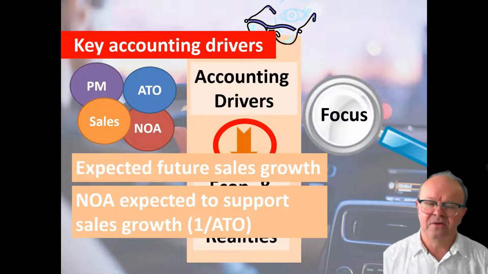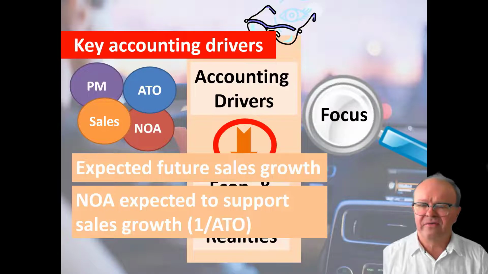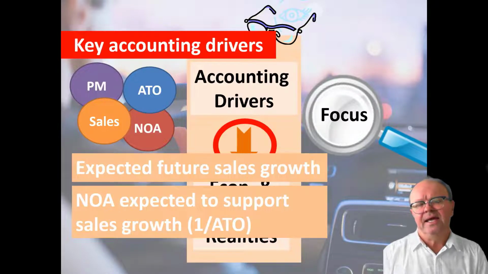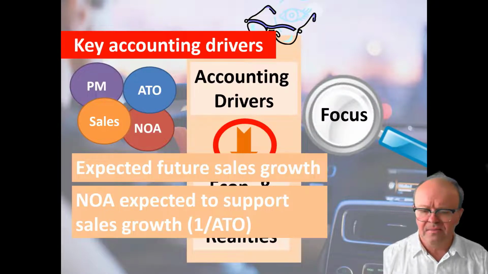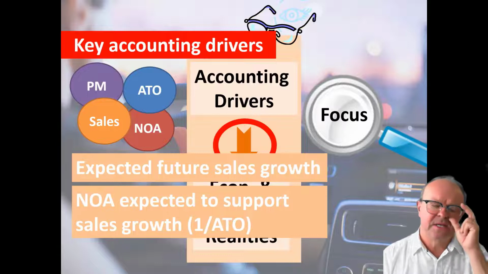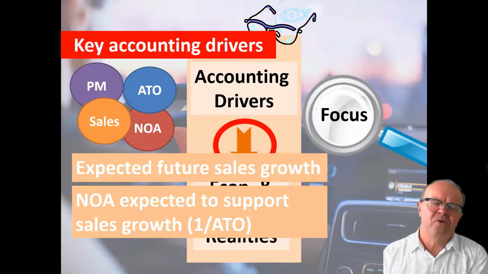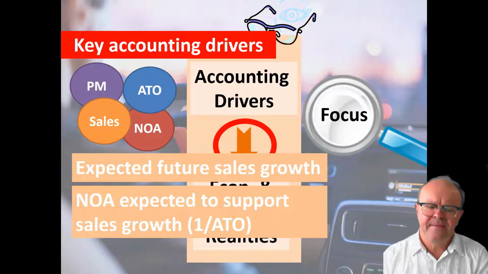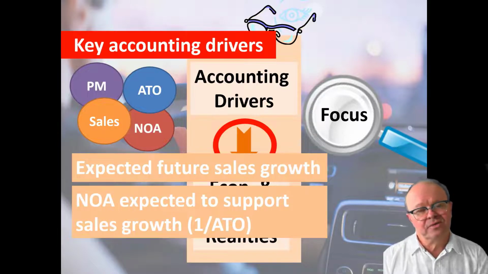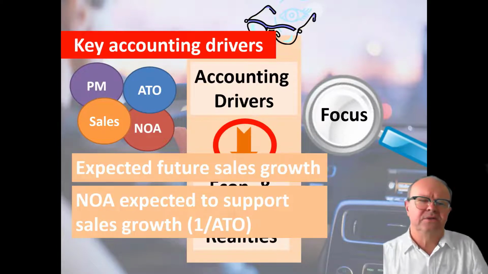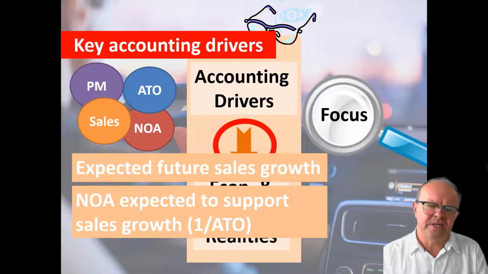A business, not Ryman's, but a business might have a lot of inventory. It's got to grow its inventory. It might have more receivables from its customers. So there's a certain amount of working capital, or they've got to build more buildings and more property, plant and equipment, which is the case for Ryman Healthcare. And so to support the sales growth. So net operating assets growth, sales growth,